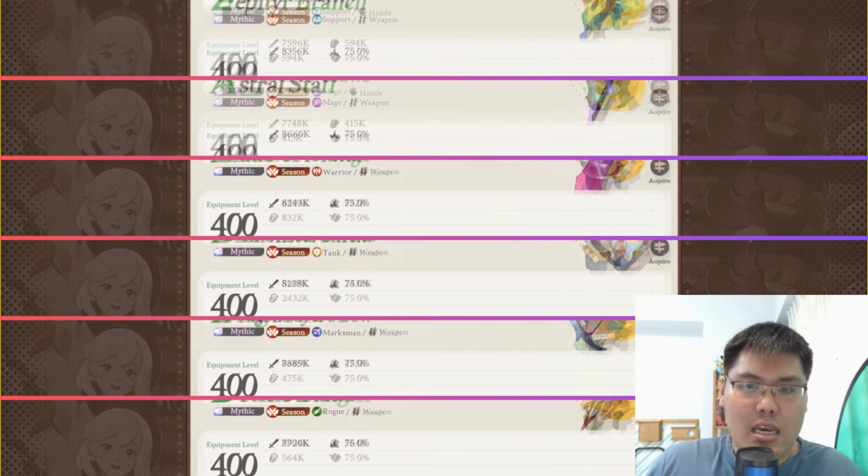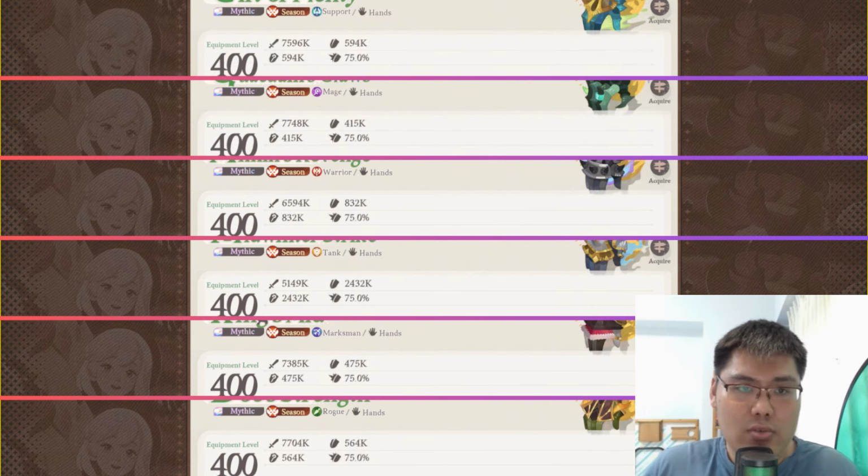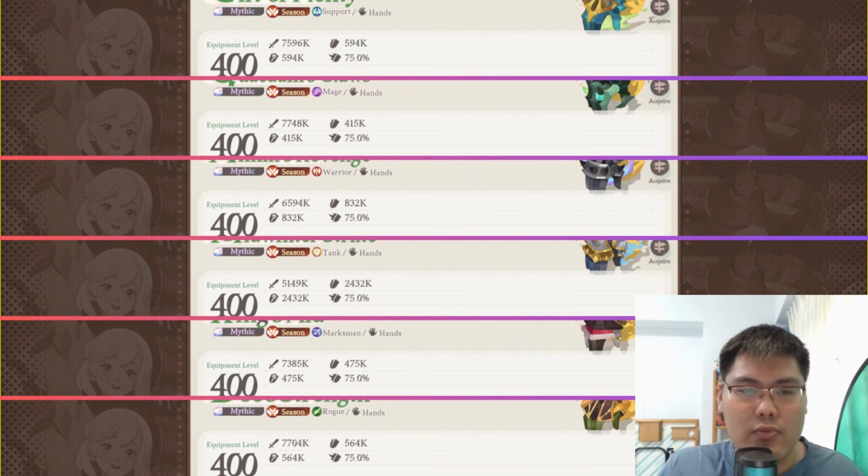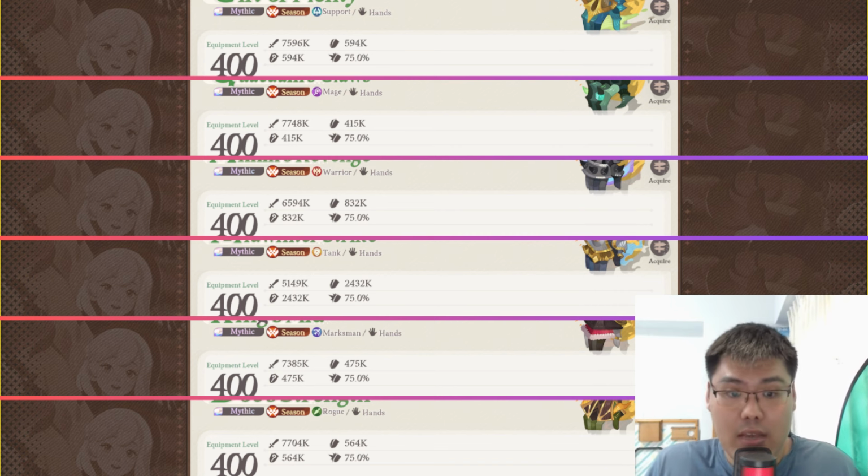Now for the next category of the equipment, let's run through the second one. We have the hands. For the hands portion, if you take a look at the stats, the higher value upgrading will be for the support and the tanks, because the tanks get a ton of defensive stats, and for warrior, to a certain extent, they are also pretty good in terms of value